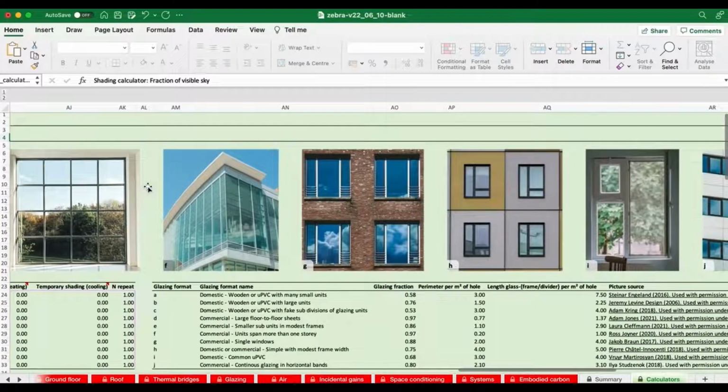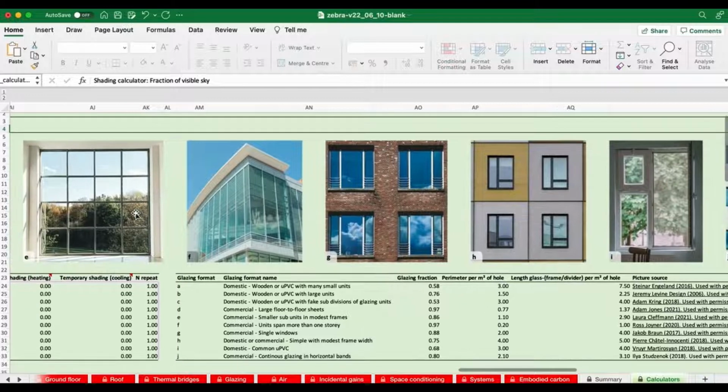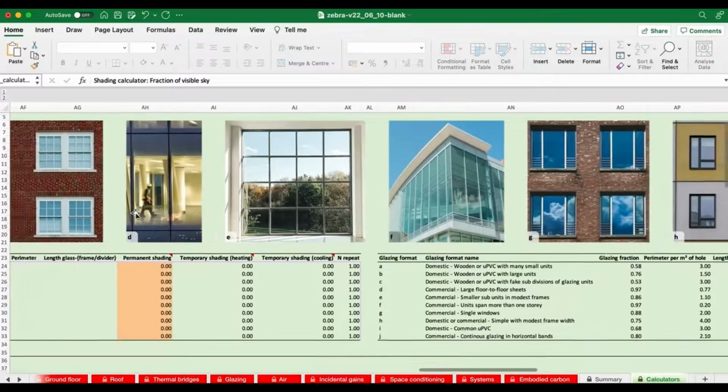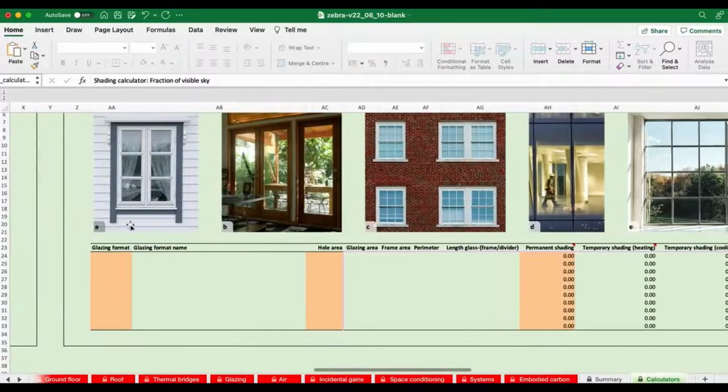So if you just pick the window closest to the one you think you're going to use, Zebra works out a rough estimate of the percentage of that window which is glass and the percentage which is frame. So we're going to pick type H, and we go below the photographs and say it's going to be H.